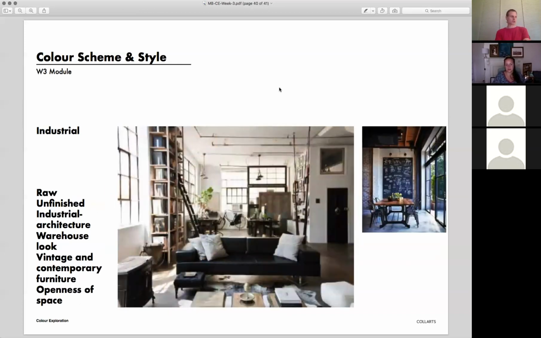And lastly, for tonight, we are going to look at the industrial. Now, the industrial is the opposite of what we have seen with glam. It's all about raw spaces, unfinished industrial architecture, warehouses, open plan, open space, lots of light, big shareable communal space, but with the addition of really interesting vintage and contemporary modern furniture, like some mid-century design furniture,